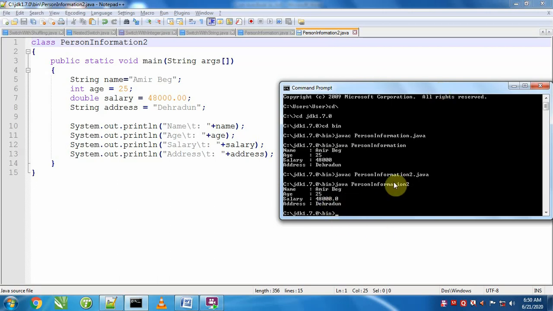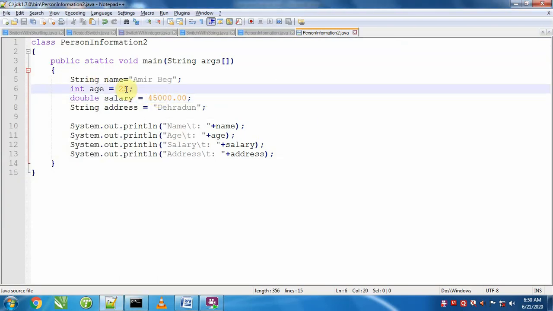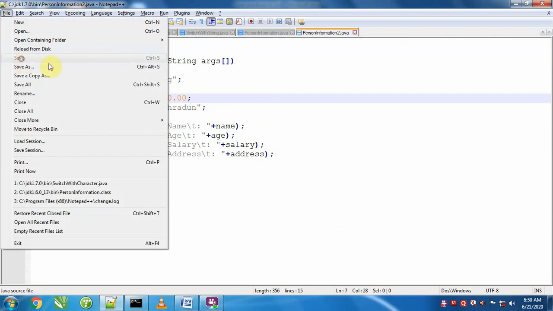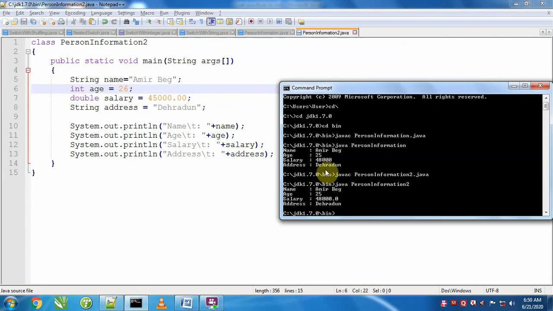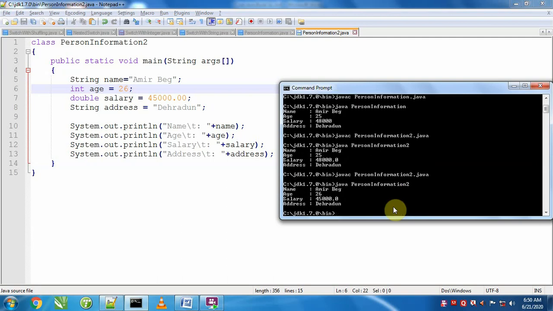It is the program we are using for checking. We can look by changing some value. After changing, or every type of change, we have to save this file either directly from here or by pressing Ctrl+S from the keyboard. With the up arrow key from the keyboard, we can bring the previous command. It is the compile command, and with the down arrow key, we can also bring the previous command. It is the printing command, the run command. So we can look here, data has been printed, age is 26 and salary is 45,000.